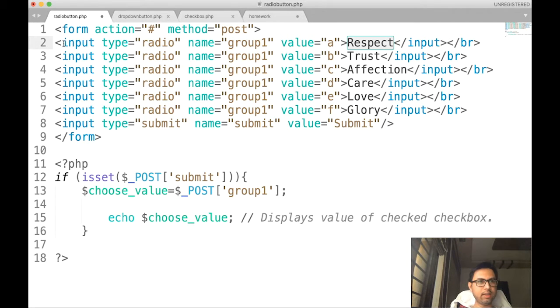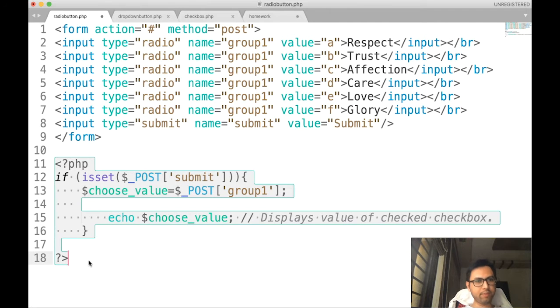We had different inputs as you can see on the screen, and at the end a submit button to submit the form data, having name submit, value submit, and type submit. What is new in the PHP script?